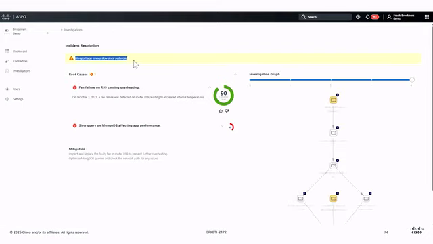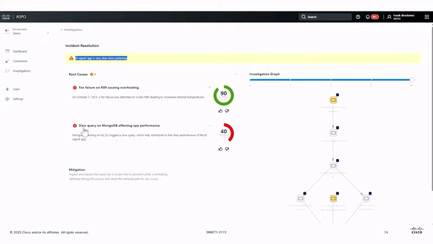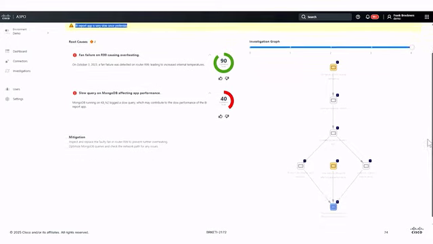So this is based on synthetic data. My BI report app is very slow since yesterday, and the system came up with only two potential issues. One is a fan failure, and the second one is MongoDB being slow. And well, this is only with 40% confidence. This is with 90% confidence. And this is my investigation graph that resulted.